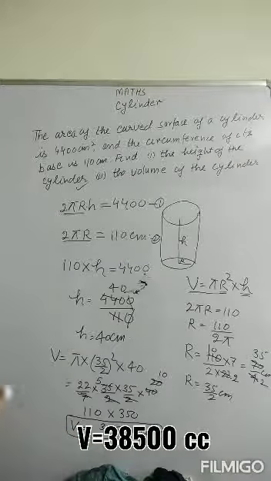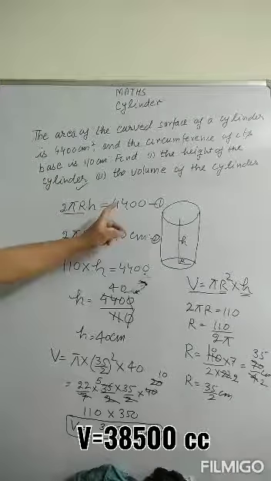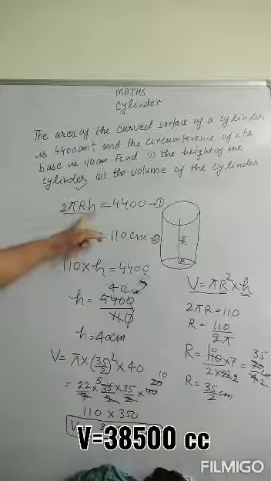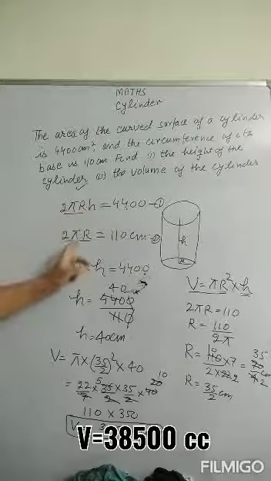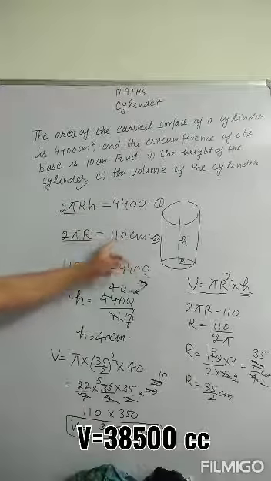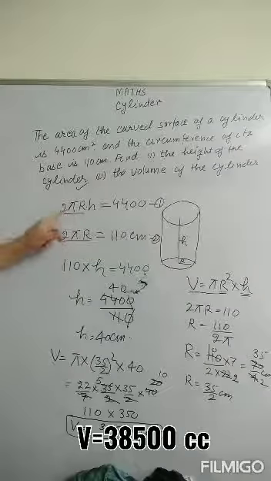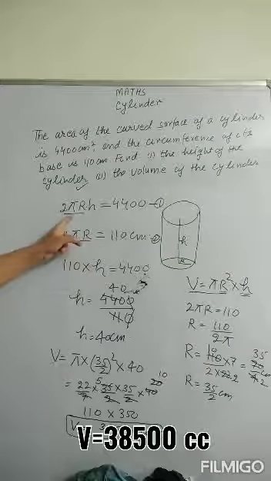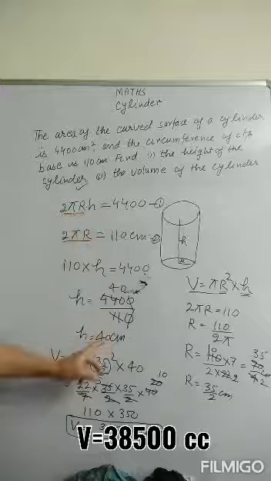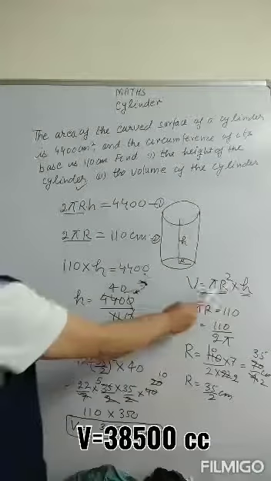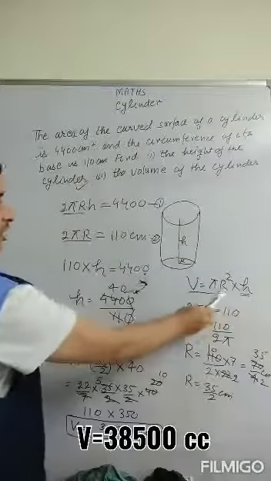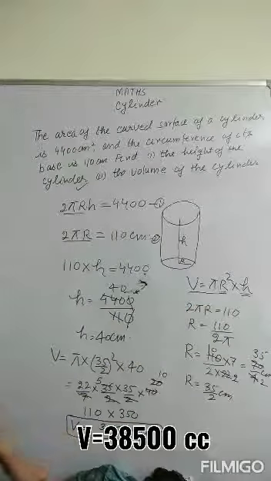Got it? So just to tell you, what is given to you in this question: the circumference is given to you, how much? 110. Find the radius with the help of this, and taking these two equations, placing the value of 2 pi r here, you can find the height, that is 40. The volume is pi r square h. Now h you know, r you know, you can find the volume, right?